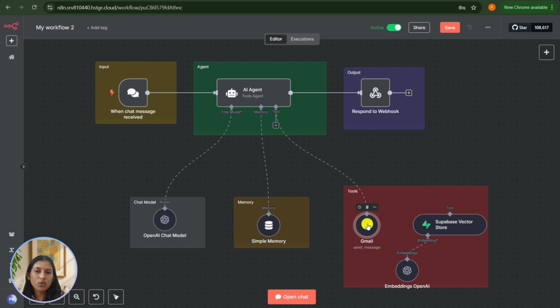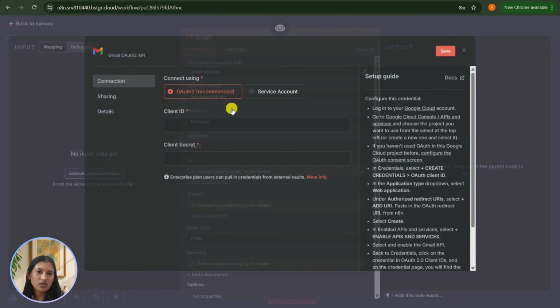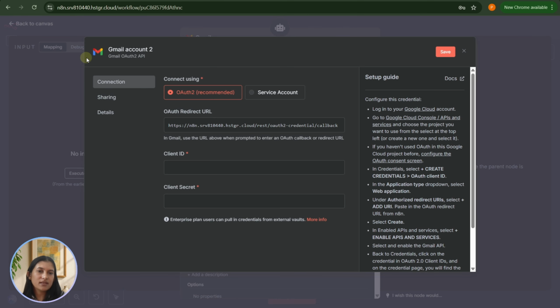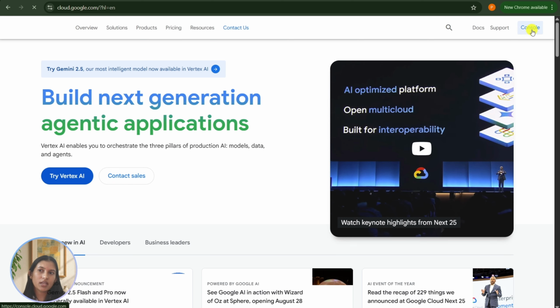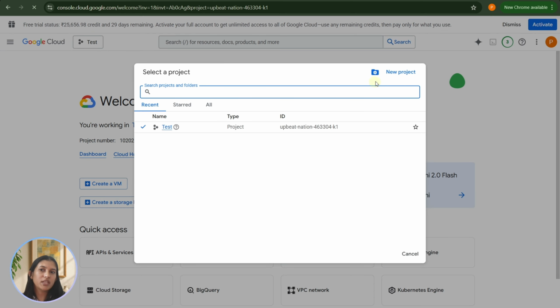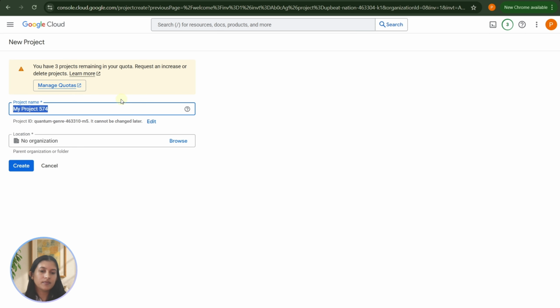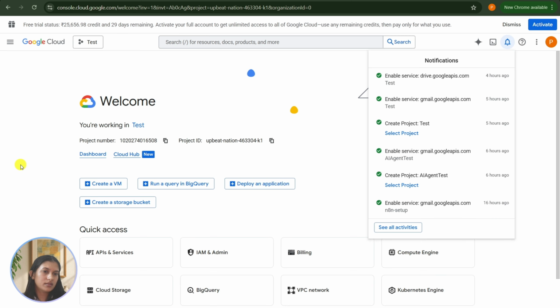So under the Gmail node, you need to add your credential so that this workflow can access your Gmail account. You need to add the client ID and client secret. So from where will you get this client ID and client secret? All you need to do is go to cloud.google.com, click on the console, then create a new project, and create.